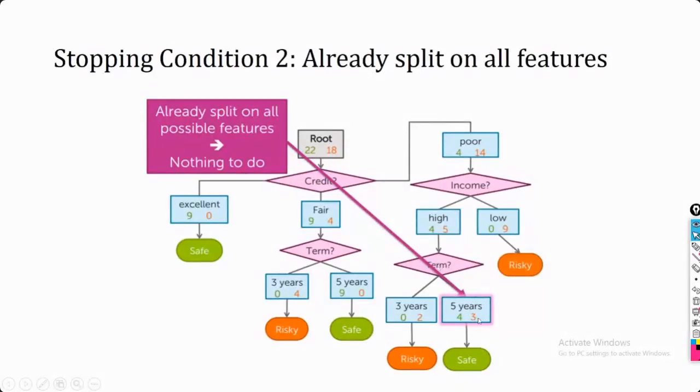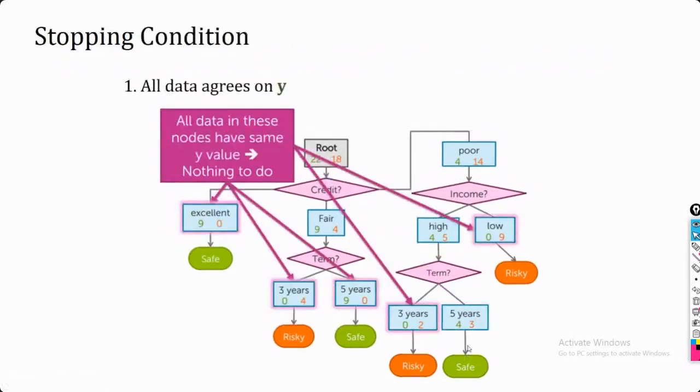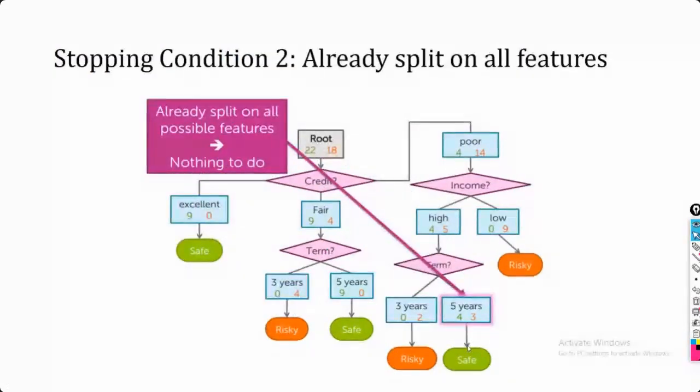So at this point I can stop the further division of this node, and if I'm stopping it, that means I need to assign the class label. For this particular case, the class label is going to be 4, because most of the instances, 4 out of 7, belong to the safe class. So that's why this node will have the class label safe. Okay. So these two are a straightforward way to stop your algorithm. Other variations you can also try, but these are just the straightforward ways to stop it.